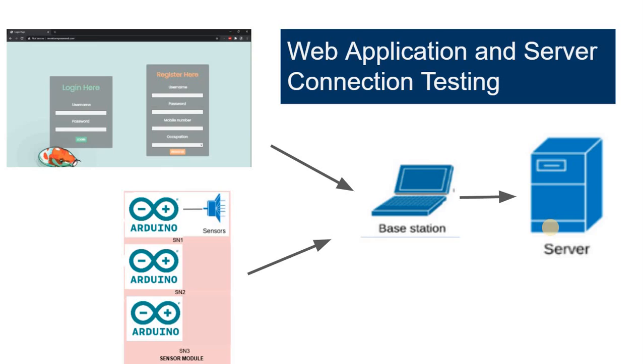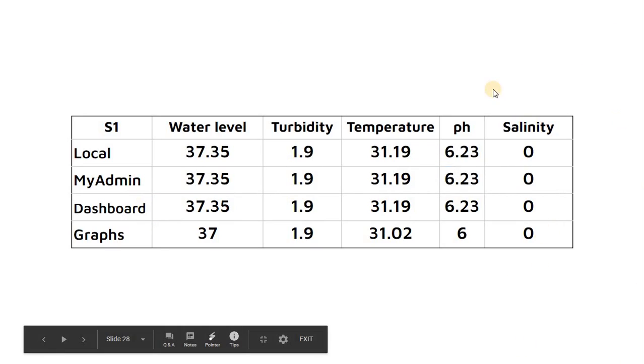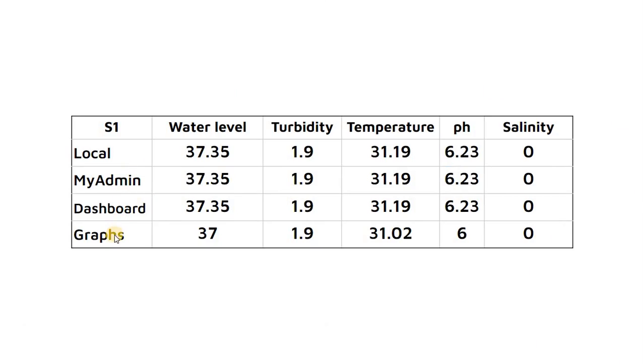The web application was tested if it can perform remote operations such as monitoring data, adjusting threshold values, and sending override commands. The data accumulated by the base station and data received by the server was compared and should have the same data. The same data value will be observed across different access points except that of the graphs page, as data values were set up to be rounded off to the nearest ones